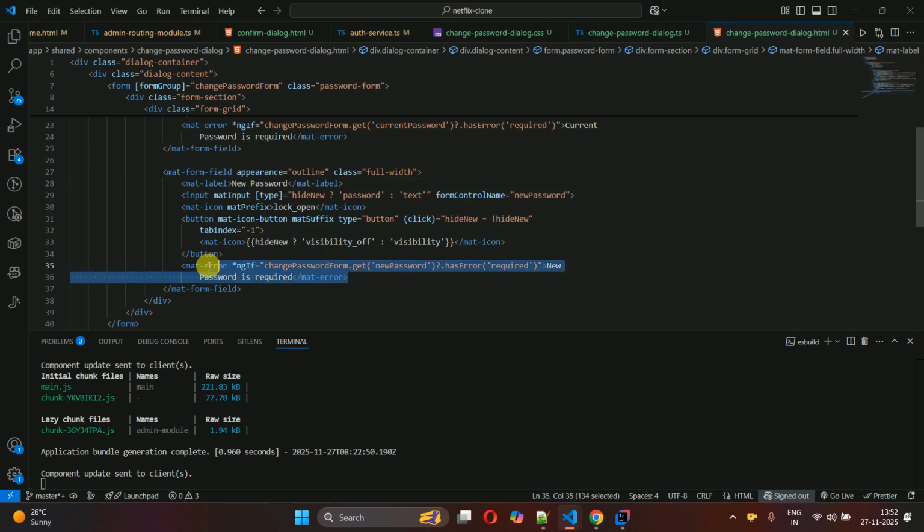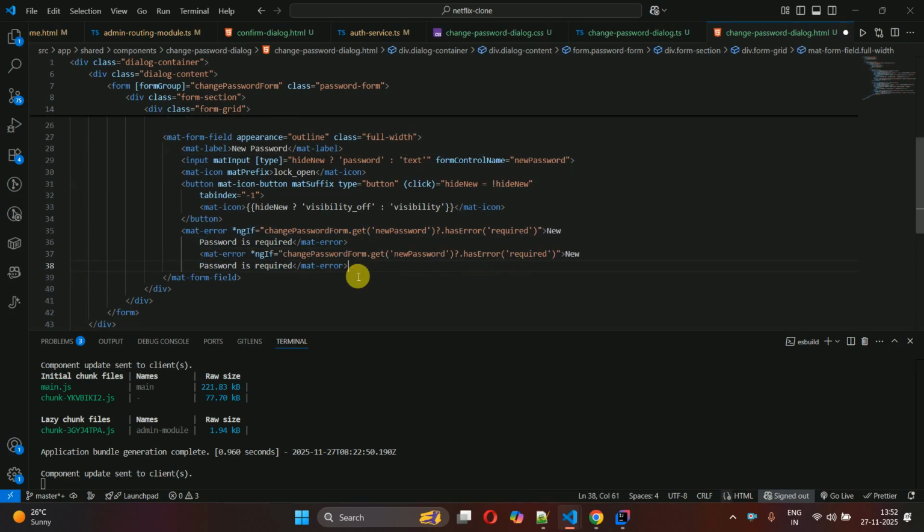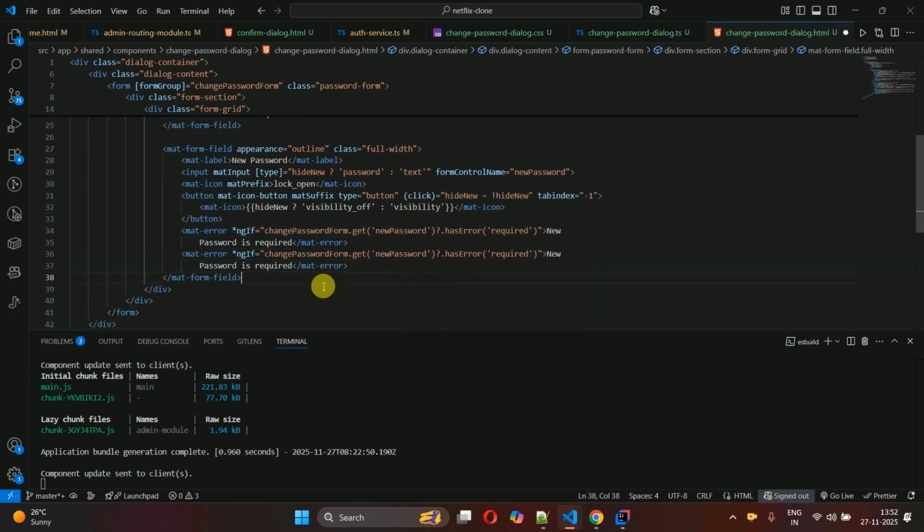And one more validation we have to add here, because we have to show the 6 character requirement, right? So just paste this. Let me format this one. And here we have to just change this to min length. And here we have to change the password. Here let me remove this text also. Password must be at least 6 characters,